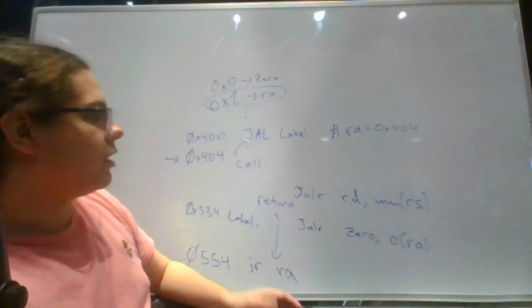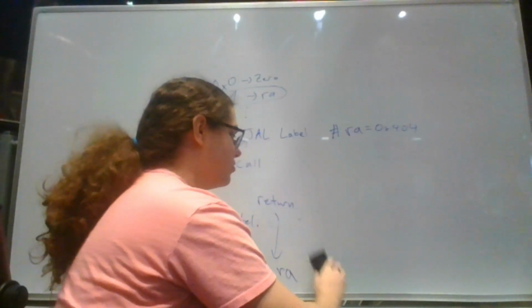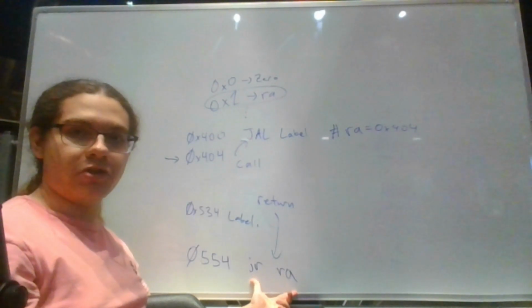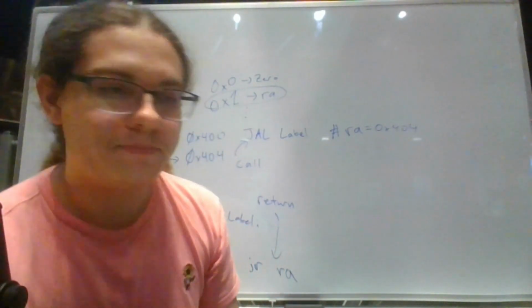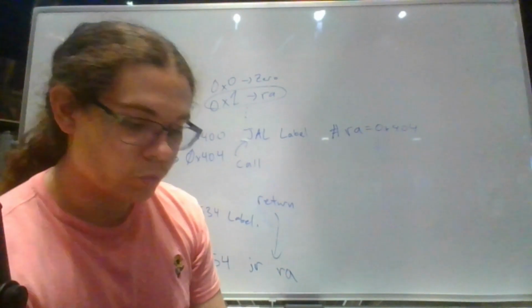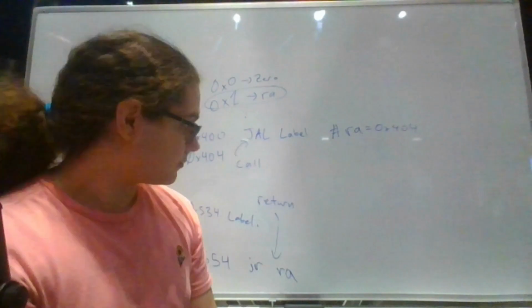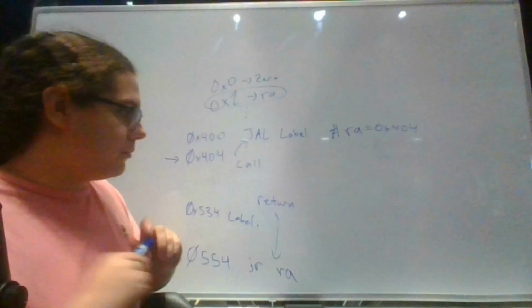Now, you're not really going to be using this jump and link register as an instruction by itself, because most of the time you're going to be using the pseudo instruction version of it, where you just return to wherever your return address specifies. And I should have erased it, but there we go. But that instruction, JALR,